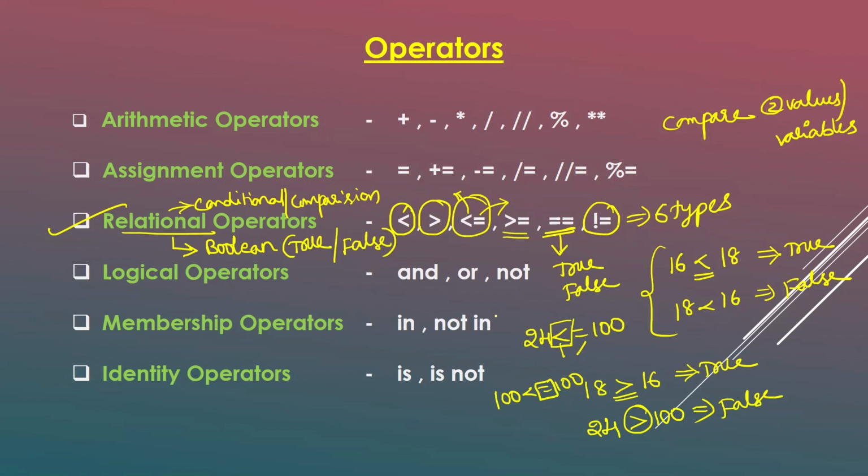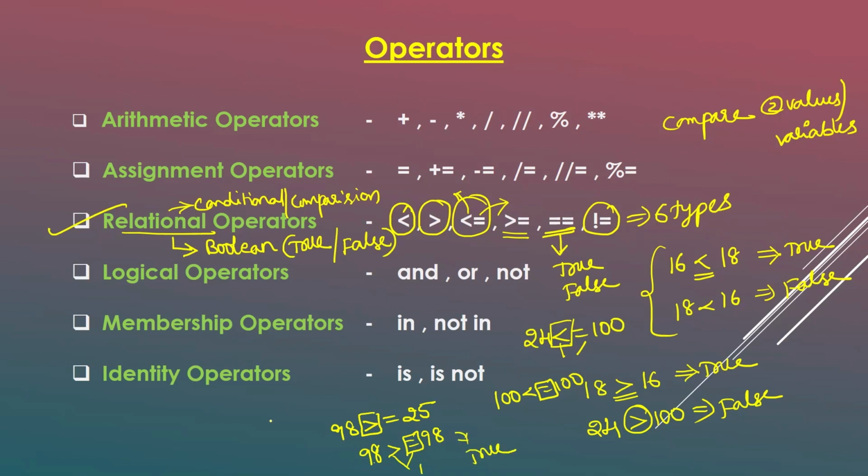Coming to greater than or equal to. Like this, 98 greater than or equal to 25. Here, I'm going to satisfy only the single operator, that is greater than. The right side value is smaller compared to the left side value, so you have used a greater than symbol. That is correct. For suppose if I have written 98 greater than or equal to 98, here we are satisfying the equal to symbol, that means both values are similar. In between these two, if any one is satisfied, then we can return output as true.